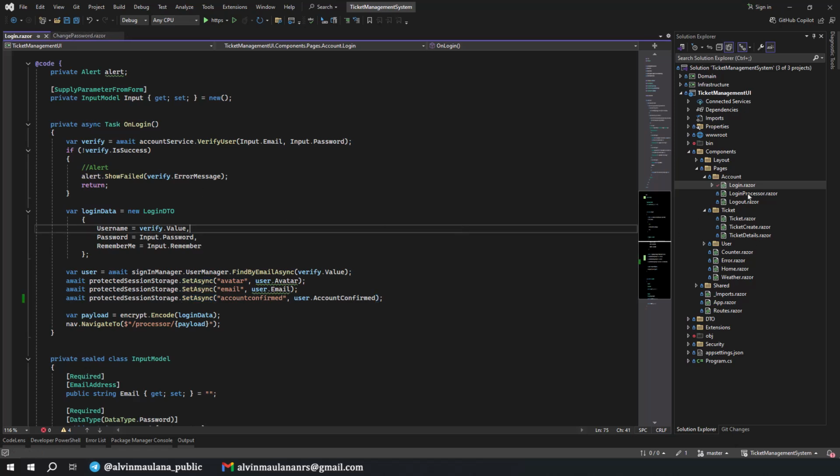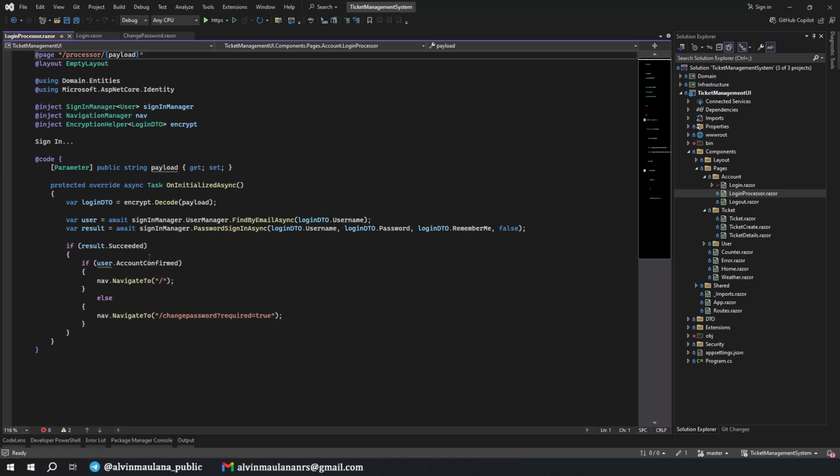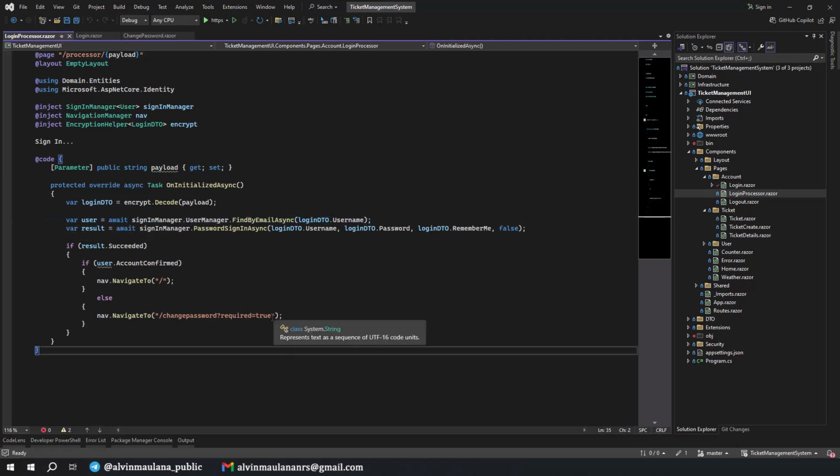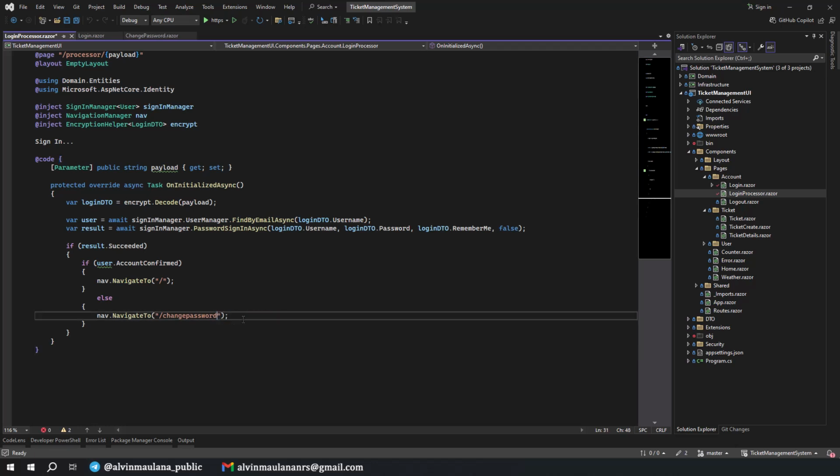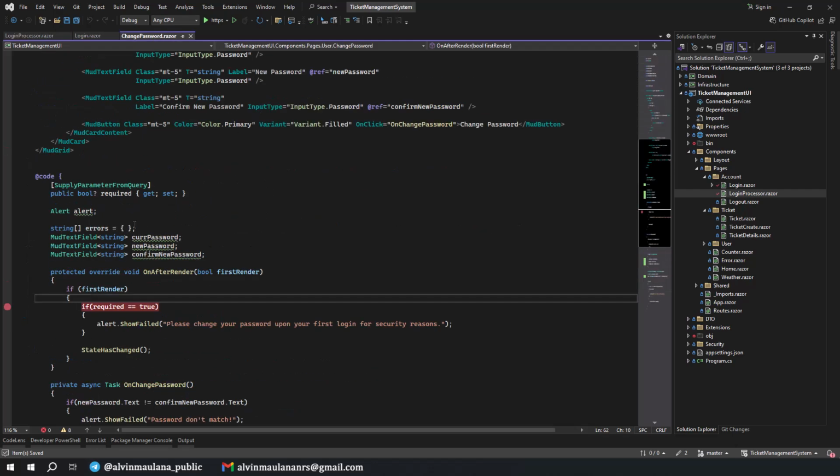And for the login processor, we are still able to use this one instead of session, but we need to remove this. We're not using it anymore. And we still navigate to change password if the account is not confirmed. And then on our change password, this one we don't need again.